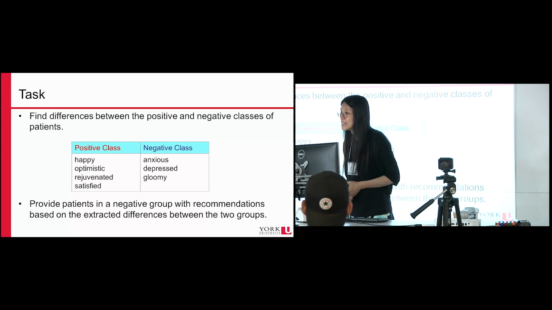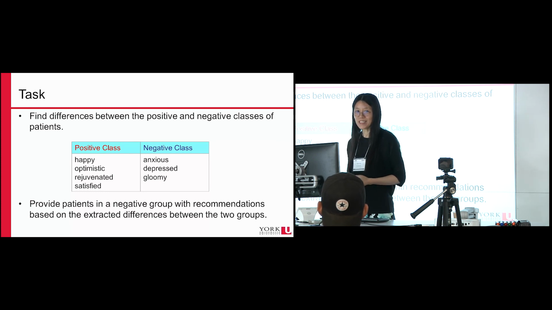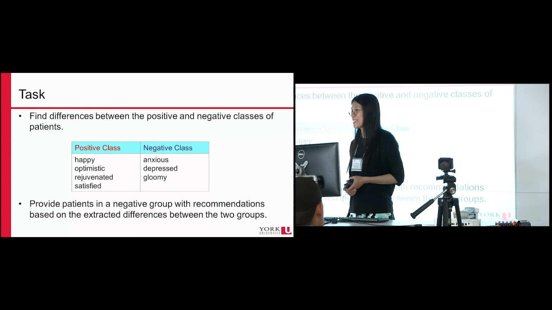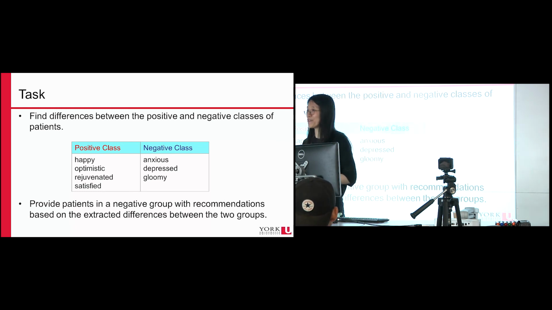Do you know if people were happier because they were given a recommendation or because they followed the recommendation? We didn't do a real-life evaluation. We just assume people follow the recommendation. So this is the characteristic of people before the recommendation, and we recommend you stop smoking. We assume you follow it, we change the smoker to be a non-smoker, and then we give the probability of happiness of this person.